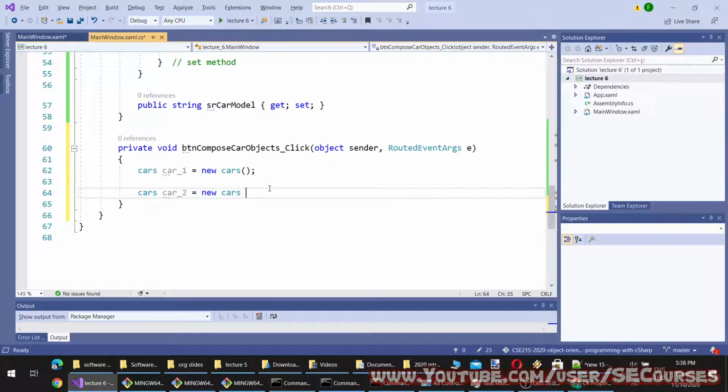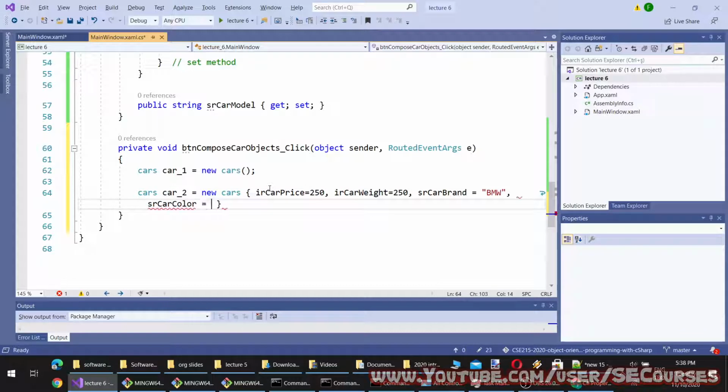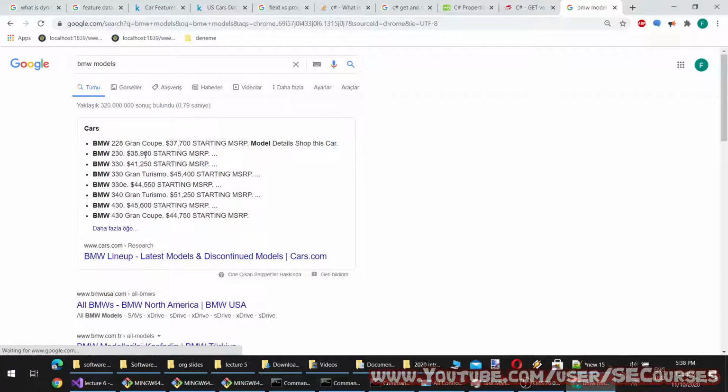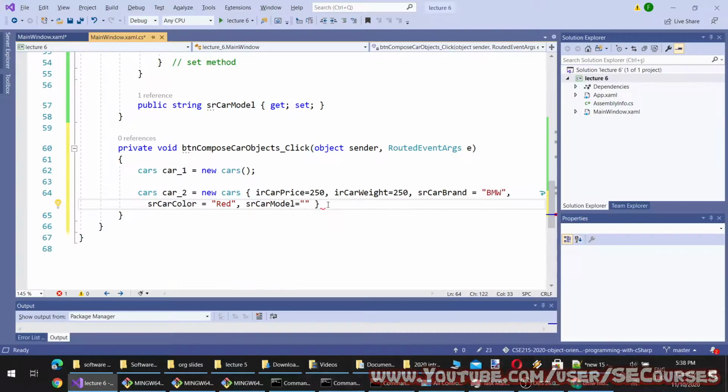This time I'm going to set the values like this: price 250, weight 250, car brand equal to, let's say, BMW, car color equal to, let's say, red, and car model equal to, what models are there? BMW 228.